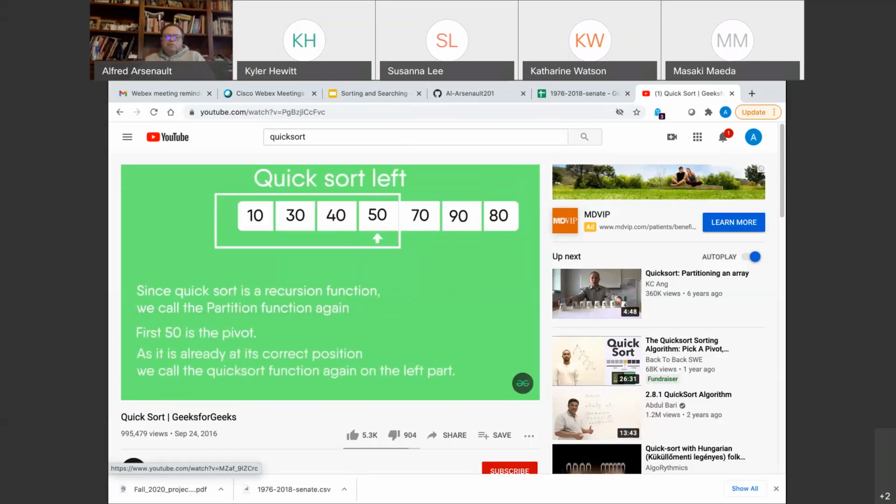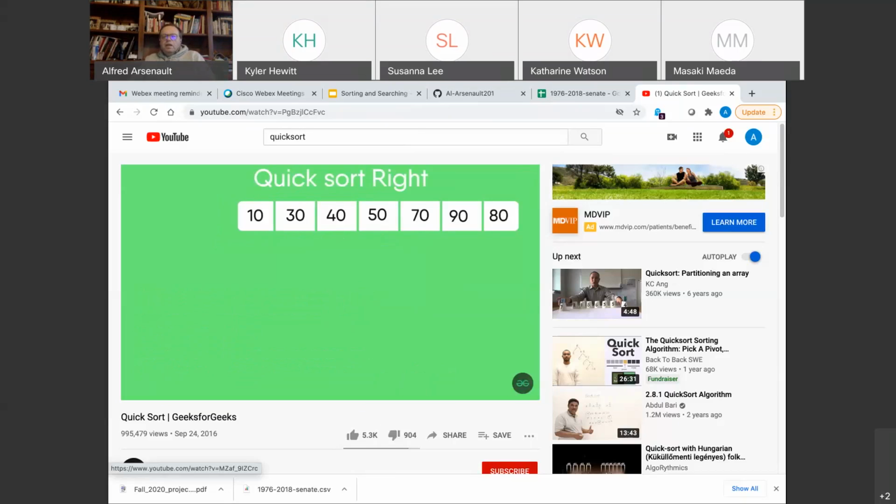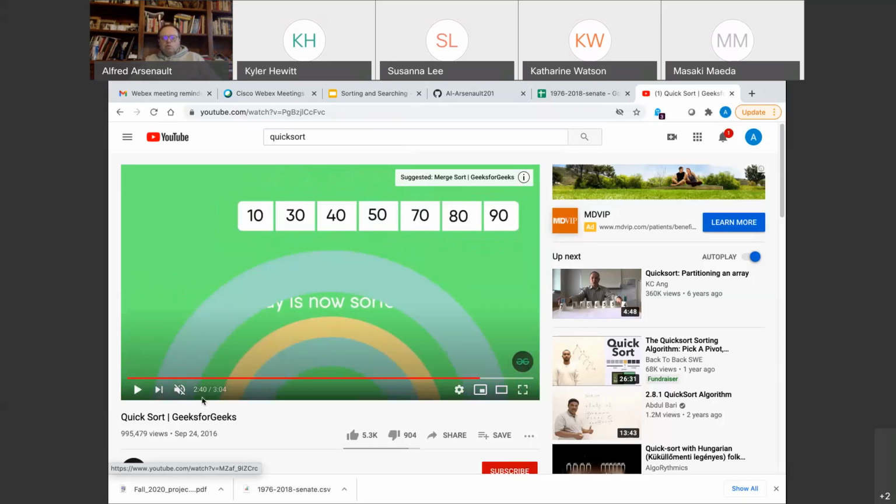Pick the pivot, which is 50. Go through it. Everything is to the left of 50, so we're done sorting. Now we recursively call quicksort on the right. That's the 80 and the 90. The 80 is the pivot. We do have to switch the 80 and the 90. And now that returns. So the list is sorted because we started by putting the 70 in its proper place with everything smaller to the left, everything bigger to the right. Then we recursively called the quicksort